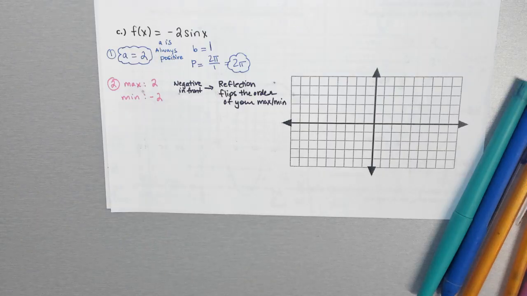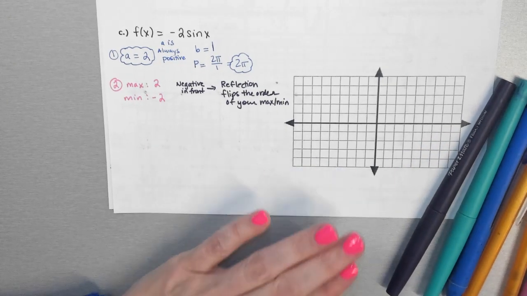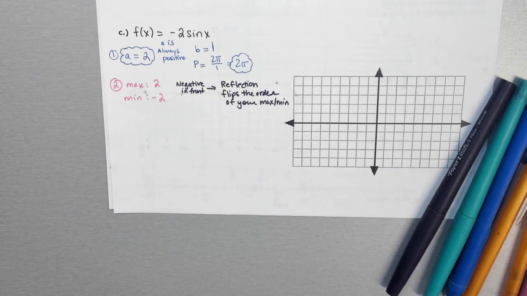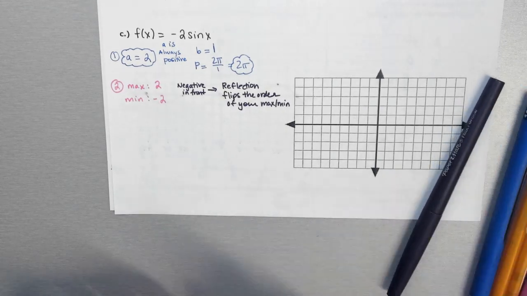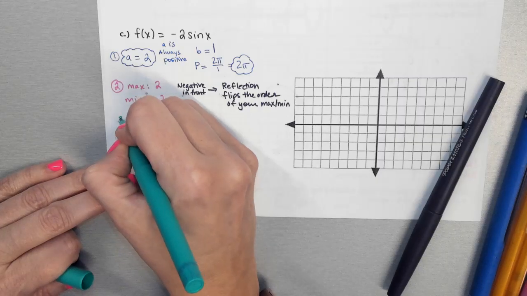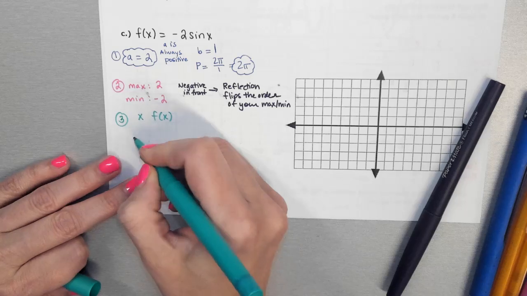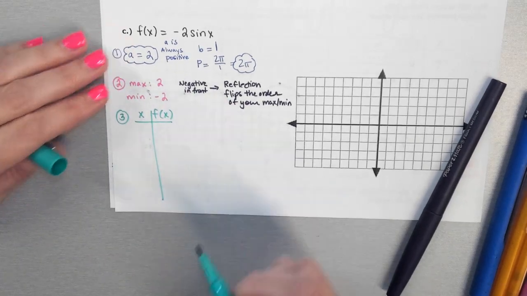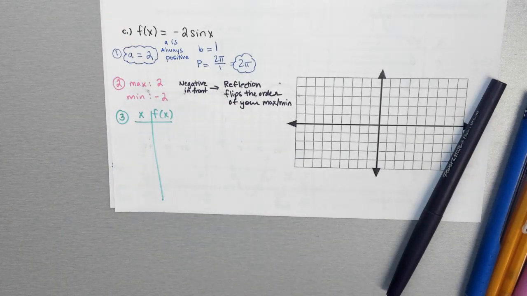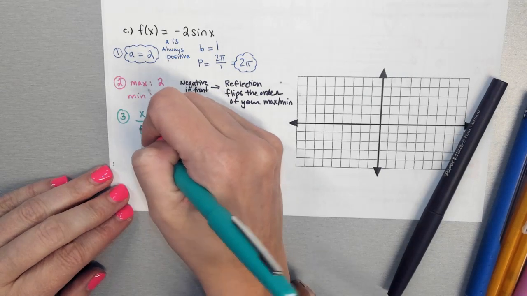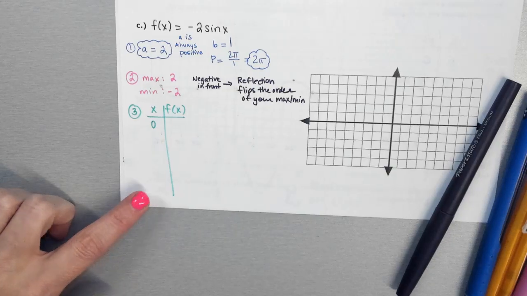Okay, so if there's a negative in front, that means there's a reflection. A reflection is going to flip the order of your maximum and minimum values. So when you're doing your table, when we're talking about the sine, you start at 0, you end at the period. So you're going to end this one at,